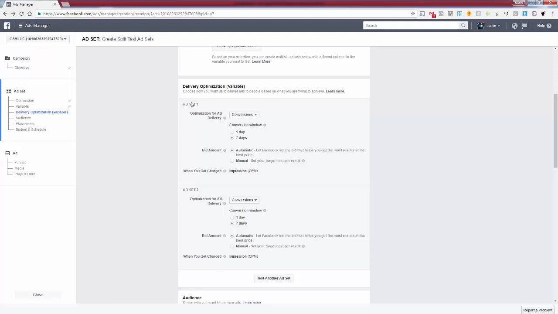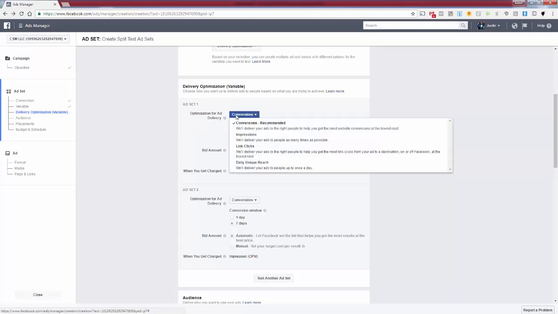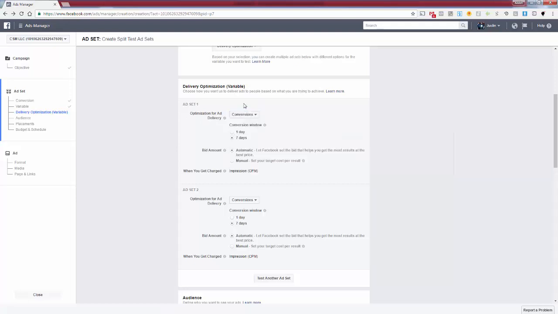Okay, so it's going to create 2 ad sets inside this same campaign, and these are going to be the options that you have to choose from. Let's say you want to test automatic against manual bidding. That's a big popular thing right now. We could actually go ahead. We could have one ad set set to automatic, keep everything the same, and then have the second ad set set to manual,